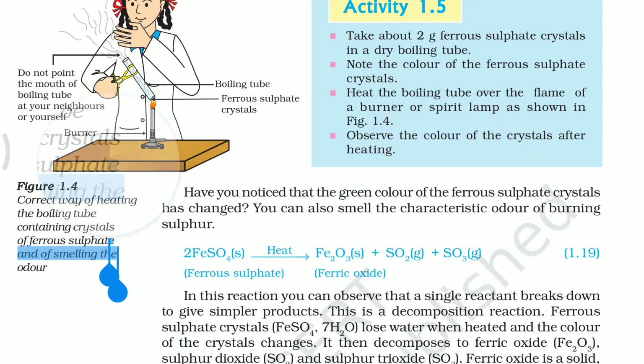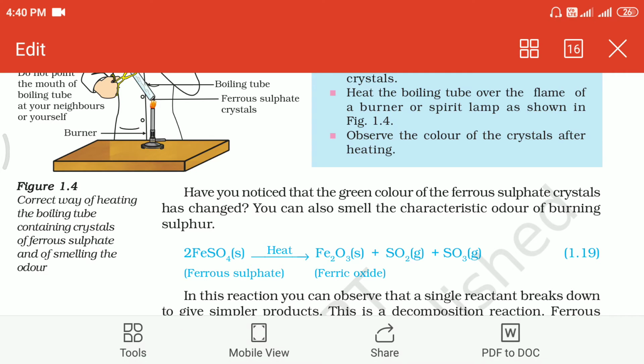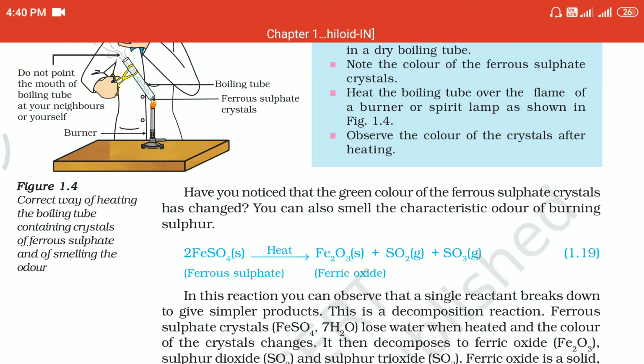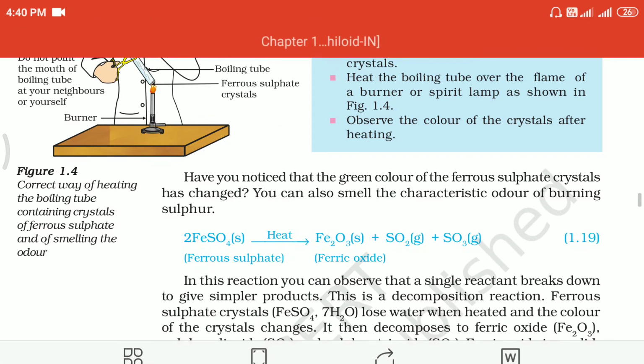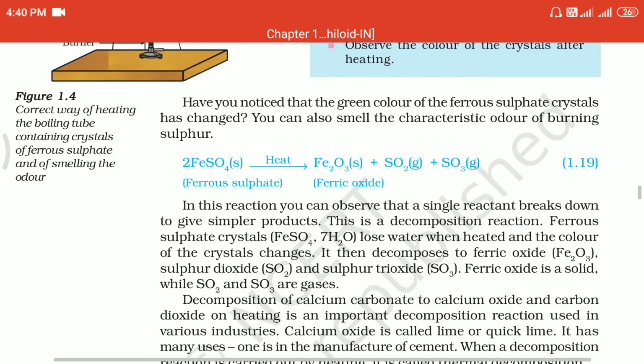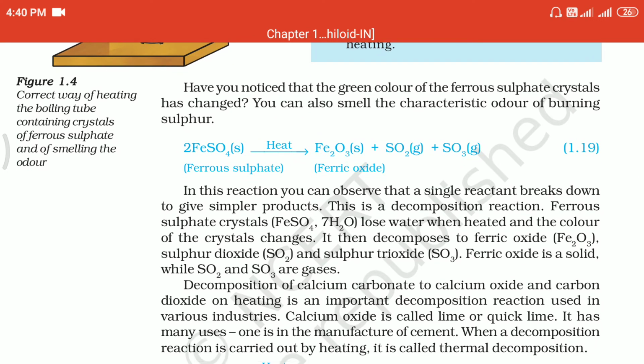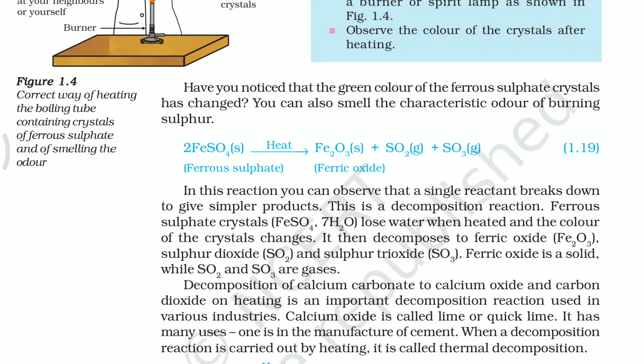So the actual formula of ferrous sulfate is FeSO4 7H2O. So 7 water molecules are present. So whenever we heat the ferrous sulfate crystals, all the water molecules are evaporated. Okay, so the green color of ferrous sulfate crystals changes into